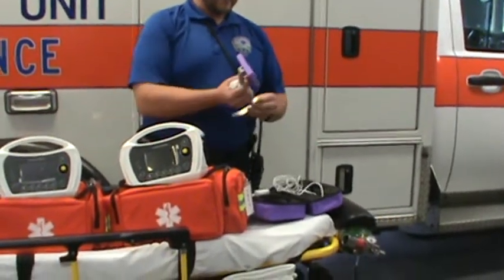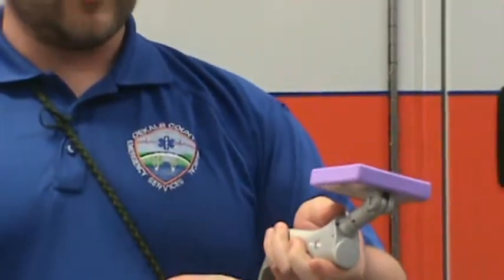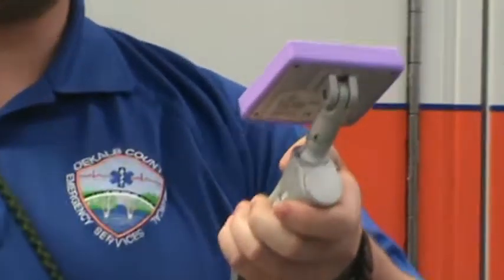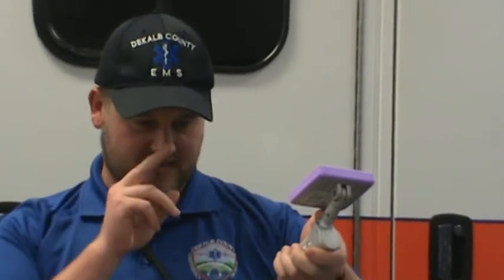So over here, we have a video laryngoscope, a classic laryngoscope. A paramedic is able to place this part into the patient's mouth and lift up their tongue and lift up their epiglottis, so that when he sticks in an intubation tube to get perfect access to the patient's lungs,